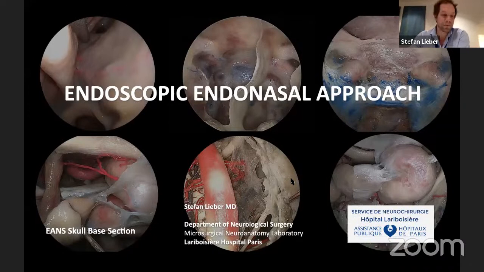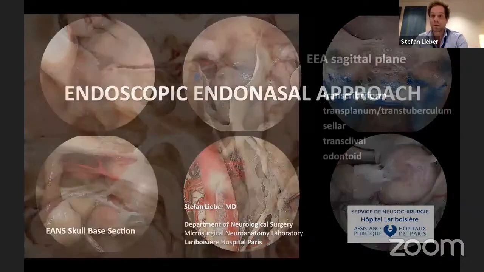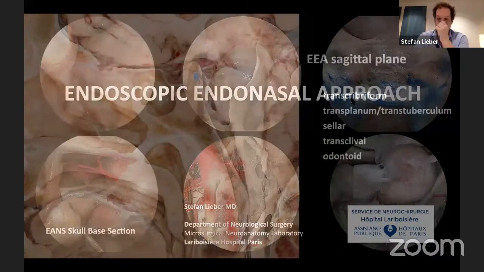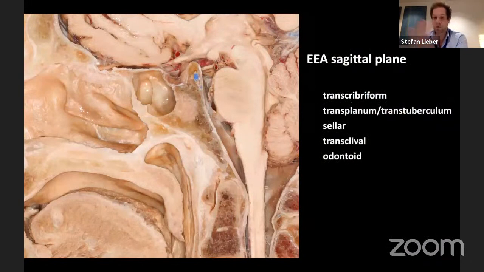So this would be a review of some of the anatomy. Obviously, I cannot cover the entire endonasal ventrolateral anatomy of the skull base. To organize and conceptualize this, the ventral skull base is best organized in the sagittal and the coronal plane. And just briefly to touch on these regions, I prepared some screenshots for some of the aspects I